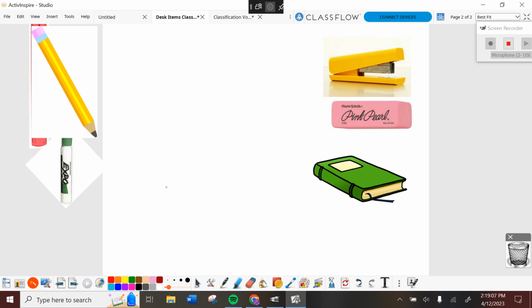Now, go back to if short, go to 4. If it has writing on it, it's an eraser. I identify that. If it has no writing, go to 5. All right, so I'm going to go to 5. If yellow, it's a stapler. If it's green, it's a book. It works. All right, so you see how that works?